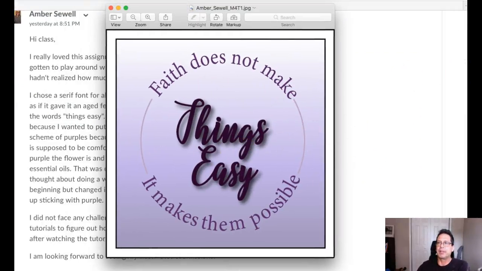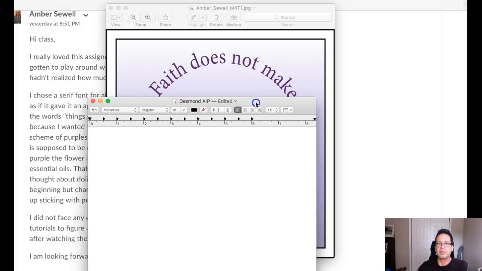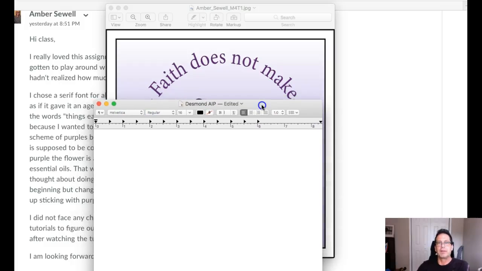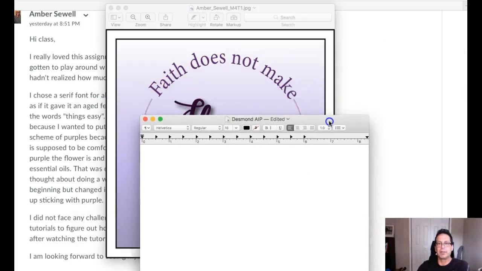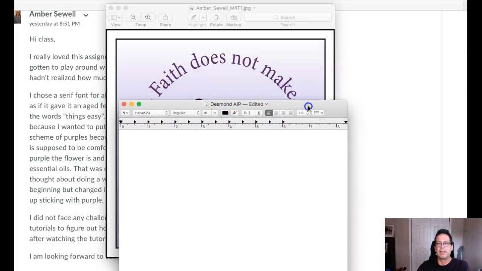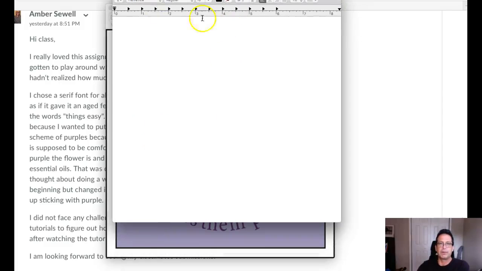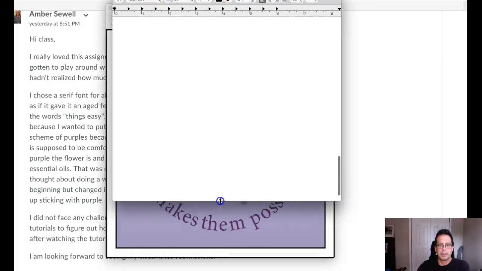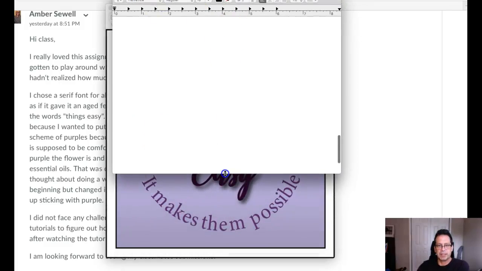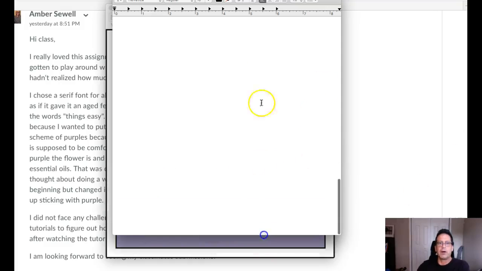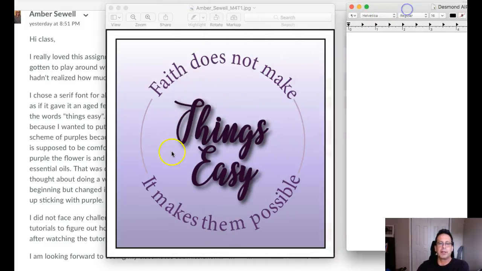Okay, I'm going to grab my straight edge here and let's just run a couple of tests. Okay, right now we can see that this type on a path is not even, because I just have this straight edge right here at the bottom of the E, okay? And we can see that F is just a little bit off. Let's go ahead and do the same thing over here. And what we'll do is we'll take the I. That one's pretty even. Okay, so this is called type on a path, and if you're in Illustrator or Photoshop,